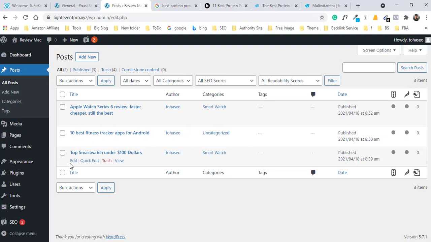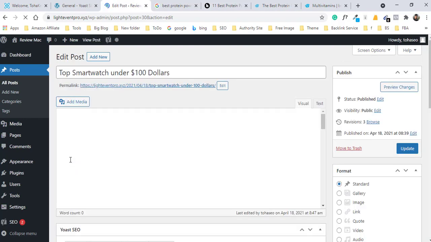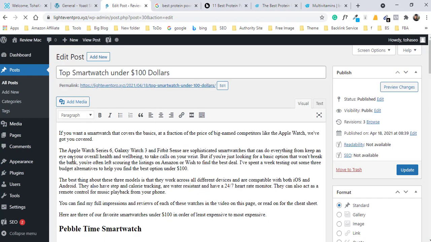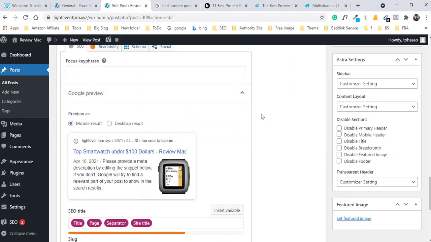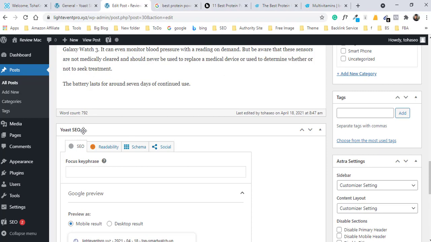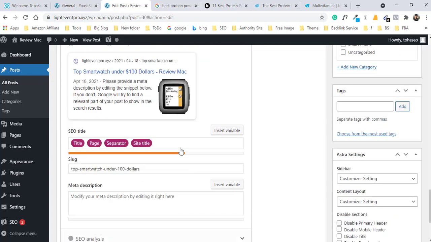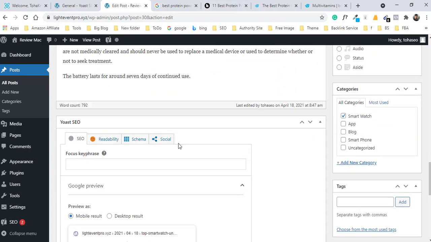Okay, so I just click on it to edit. When you click on edit post, under the post you get the option from Yoast SEO. Here you see all the Yoast SEO options, and you can edit and check your SEO performance.